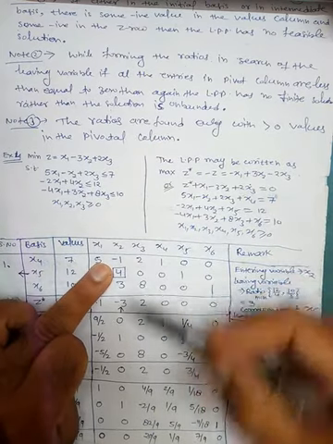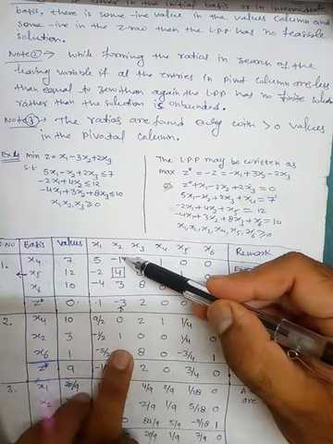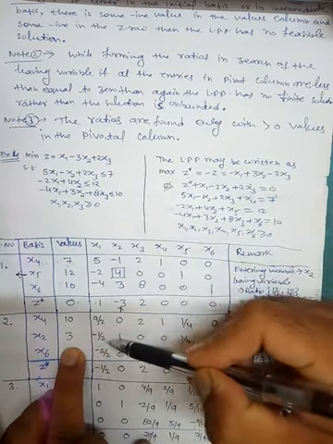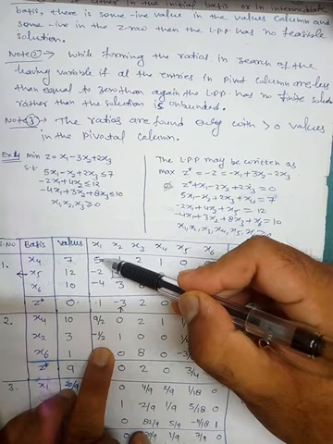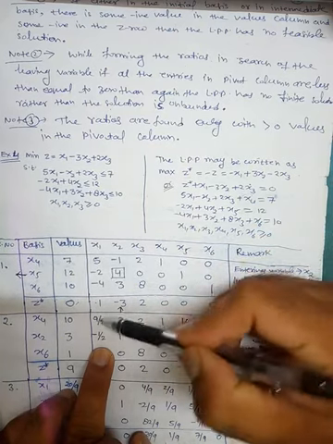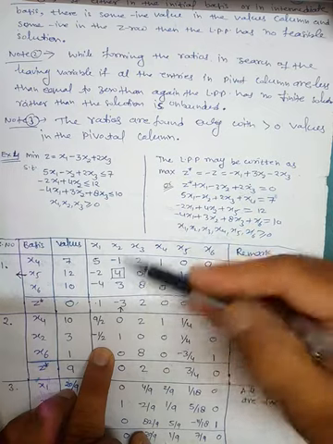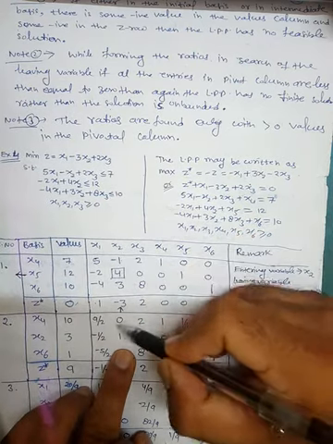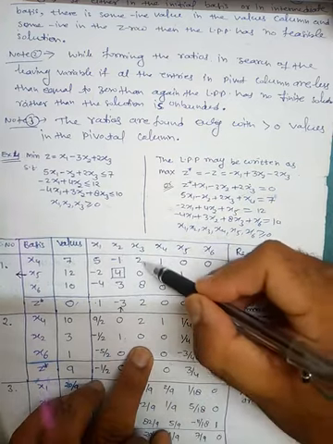So just add these two. दोनों को ऐड किया. So 3 plus 7 कितना हुआ? 10. Write down here. Minus half plus 5 दोनों को ऐड किया कितना हुआ? 9/2. Write down here. फिर -1 and 1 दोनों को ऐड किया 0. Write down here. Here is 0, here is 2 दोनों को ऐड किया.